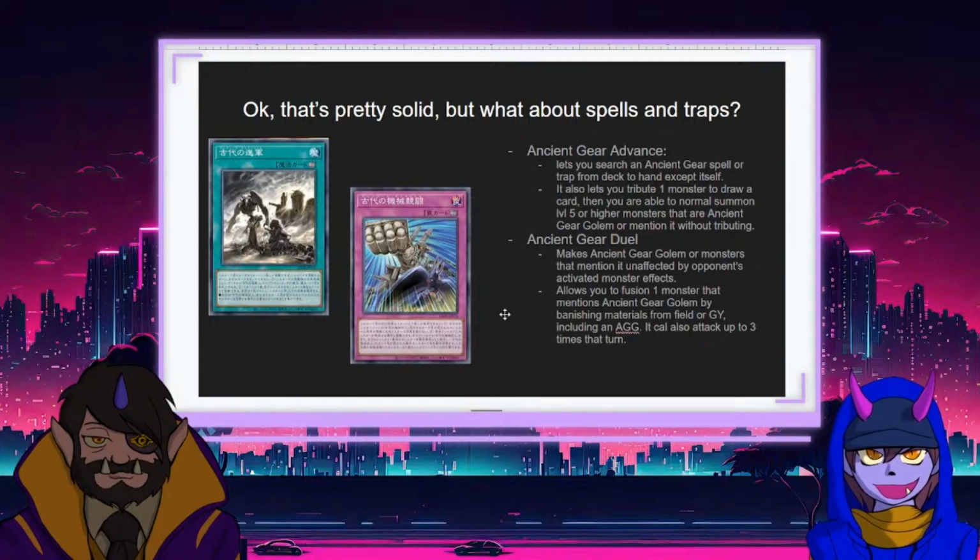It also makes the second part of Ancient Gear Duel feel a little superfluous because you fuse using materials on your field and graveyard, right? But whatever you fuse with it can also attack up to 3 times that turn. Yeah. I think Ultimate Ancient Gear Golem is only like 1 attack, but like the other 2, yeah, Chaos Ancient Gear